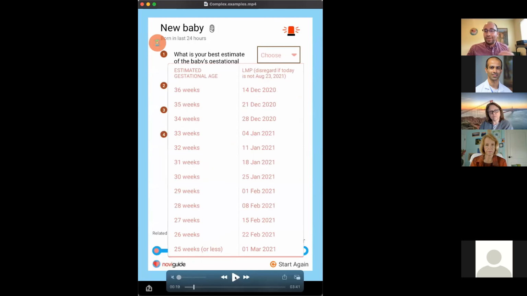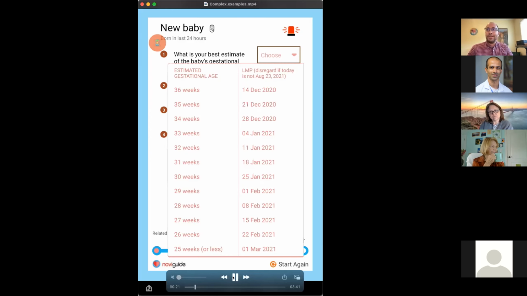Next, one of the advantages of digital, obviously, is that you can open and close lines of questioning in response to danger signs. So by indicating the baby's preterm, we now need to know more about the gestational age. I just paused here to say that we're always looking for places to make the nurse's life easier. So, if you knew the last menstrual period, which is not always known, you could find the corresponding gestational age in weeks tied to the device date. I filmed this back on August 23rd.